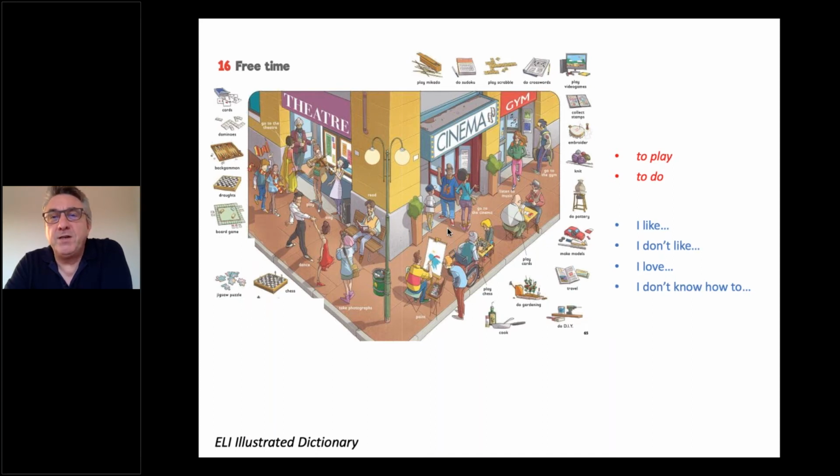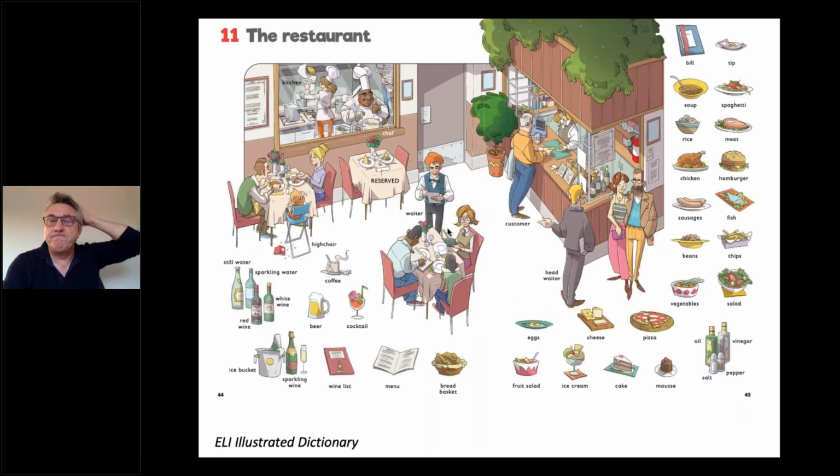So there's a nice way to take something out of the course book, I like and I don't like, and I love, whatever. And then you take in a scene, and maybe you can do it with food or pastimes here, or maybe sport. So maybe you can bring other topics from your course books and find the right scene or collection of vocabulary from the picture dictionaries.